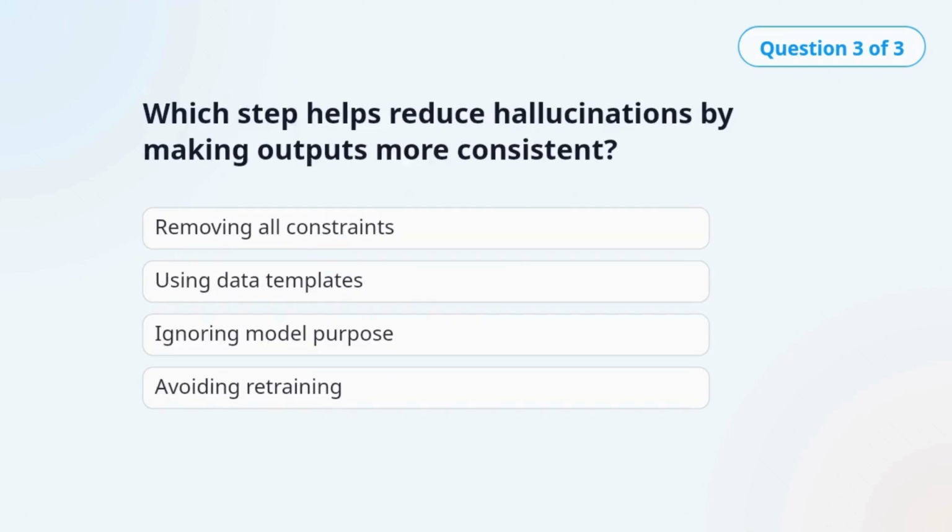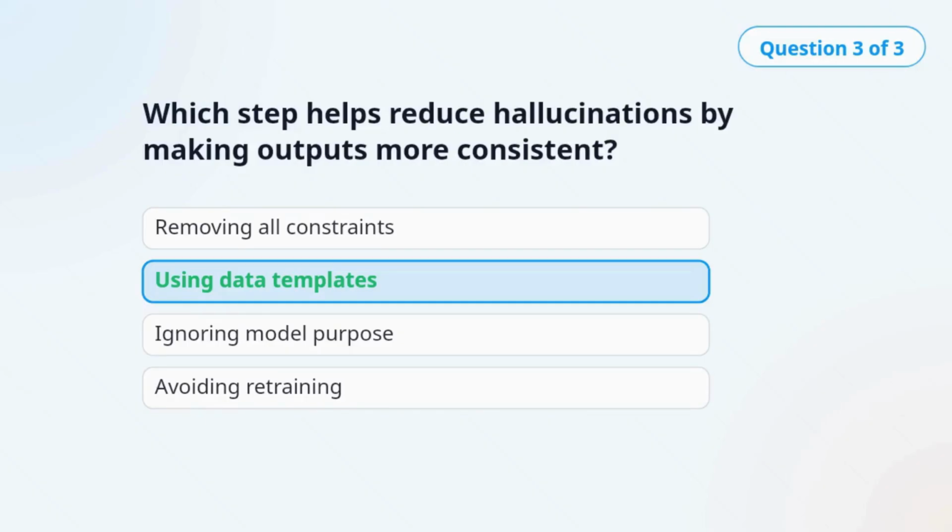Question 3. Which step helps reduce hallucinations by making outputs more consistent? The correct answer is using data templates. Data templates provide a predefined format, helping the model generate outputs that better align with expected guidelines.